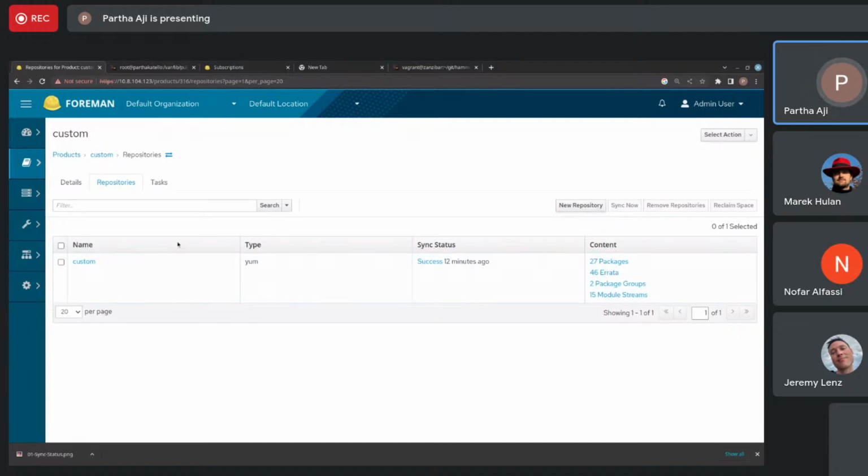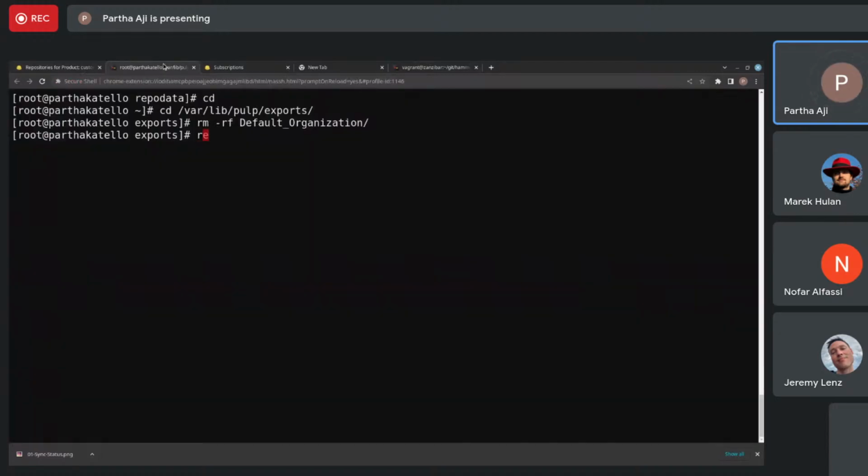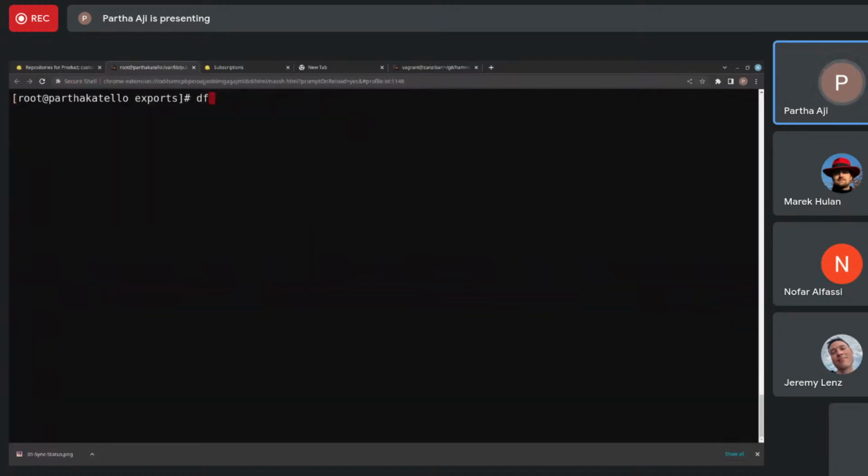Now to give you a perspective, I think all of them are immediate, so every content is downloaded. So if I did a df -h on the slash, for example, I have used 160 gigabytes. That's what it adds up to, like syncing a RHEL server itself adds like 60 gigabytes to your storage. So that being said,